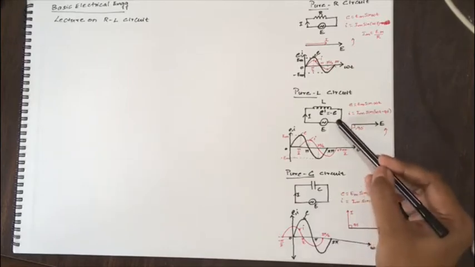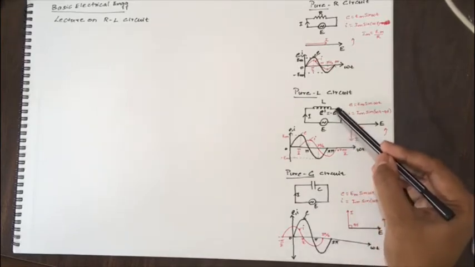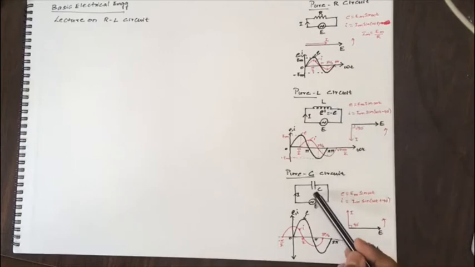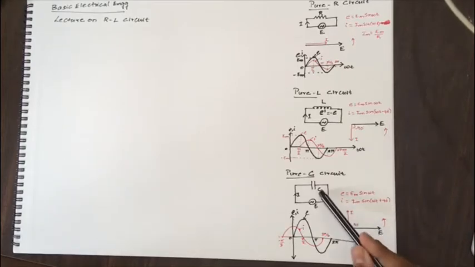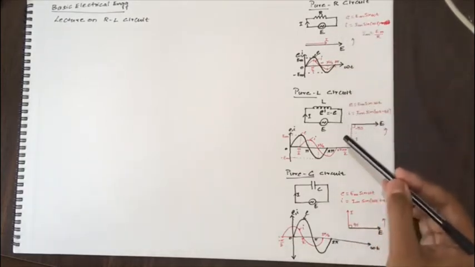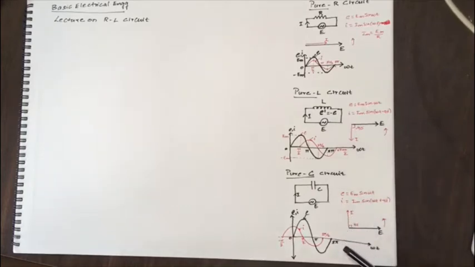Like the change in current is opposed in inductance, here capacitance opposes the change in voltage. Therefore we see here the voltage is lagging behind the current by an angle 90 degrees. But because we have considered voltage to be at reference point, I consider that current leads voltage by an angle 90 degrees. But practically, voltage is lagging behind current by an angle 90 degrees. So this is the nature of R, L and C circuits in their pure form.